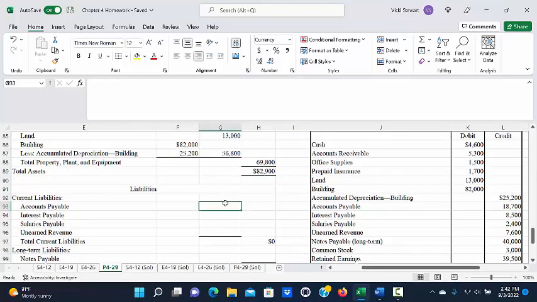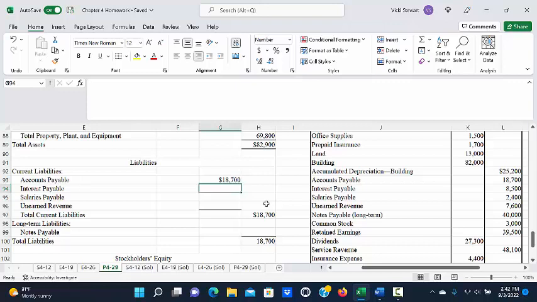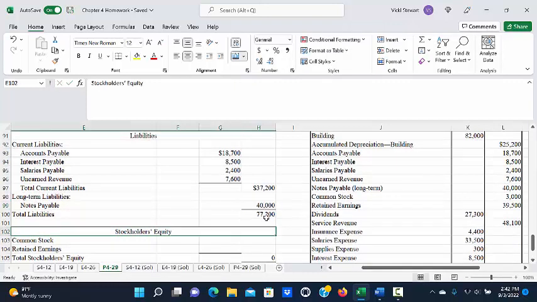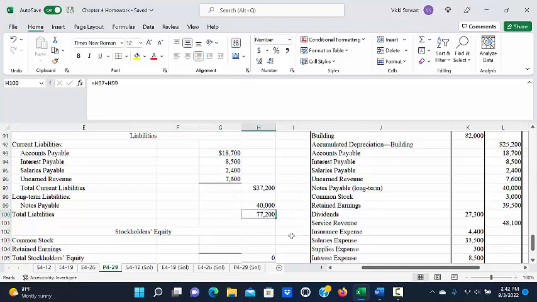$82,900. As we continue down our adjusted trial balance, we see accounts payable was $18,700, and again we're separating our current liabilities from our long-term liabilities. So our next liability is interest payable at $8,500, salaries payable $2,400, and unearned revenue is $7,600, which gives us total current liabilities of $37,200. We only have one long-term liability, which is notes payable, so we will list that, and then the spreadsheet has totaled our liabilities for